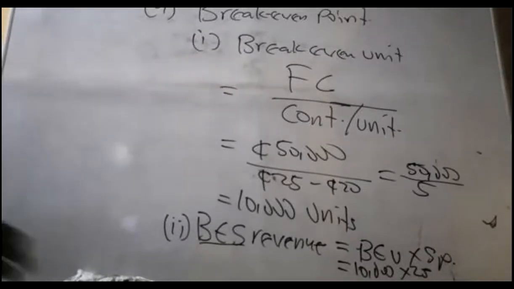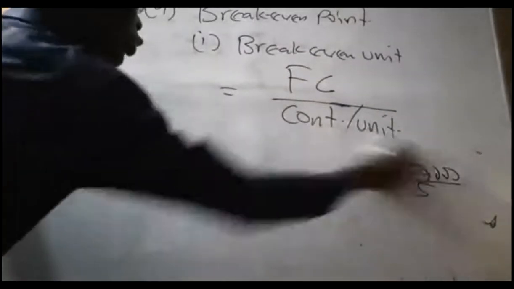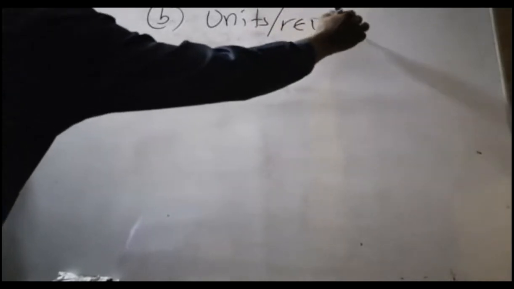Sorry. Let's look at the next one. Let's look at what you call units required to earn a target profit. So we can ask you that, okay, now this is a break-even of 10,000. The company wants a target profit of, let's say, 20,000 Ghana cedis. What should be the unit that I have to produce? So the question will start like this: the unit or revenue